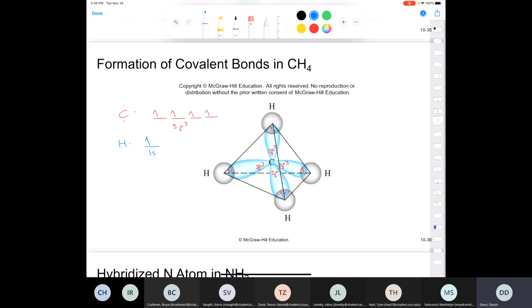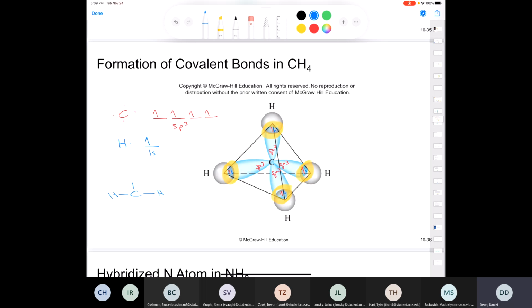They're going to have opposite spin when they overlap like that to form a bond. And that is showing covalent bonding. So these regions where the s orbital of the hydrogen and the sp3 of the carbon overlap represent a bond, right? Because we know that in our methane molecule,